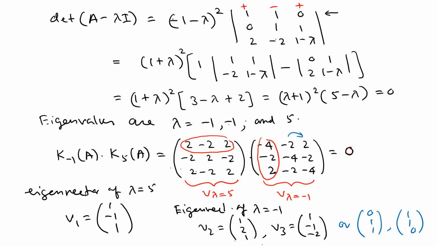So you just pick any two. It doesn't matter whether you pick the original column or the scaled version. Just pick something that is easy to work with. So that's it. We found all the eigenvectors. Now we just need to write the solution. Also, they are linearly independent. So thus, the general solution is